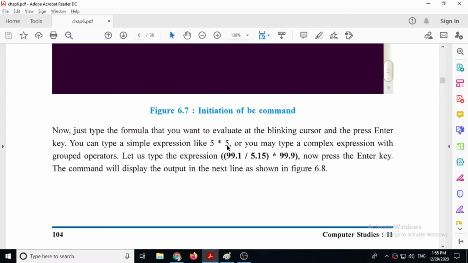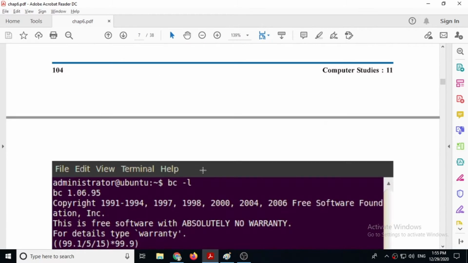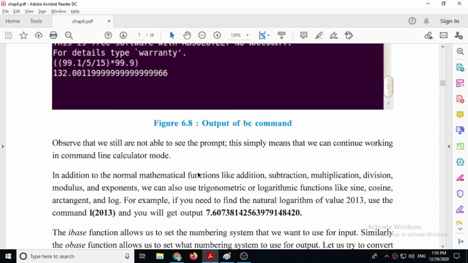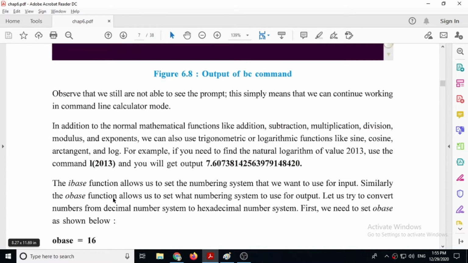Just the bc command and enter, and then also it will display the output. But a few functions that we can use, for example, there is a function l, then inside 2013, this is a function. Then it will find the log of the 2013 value.